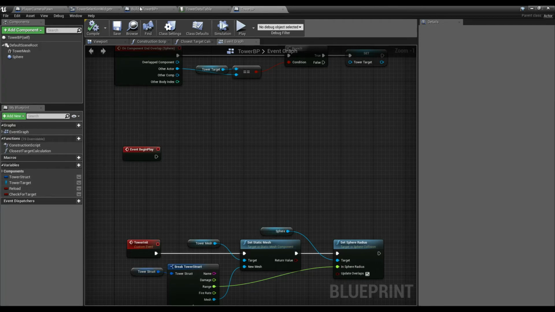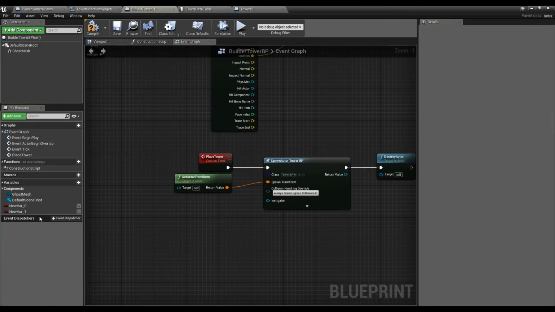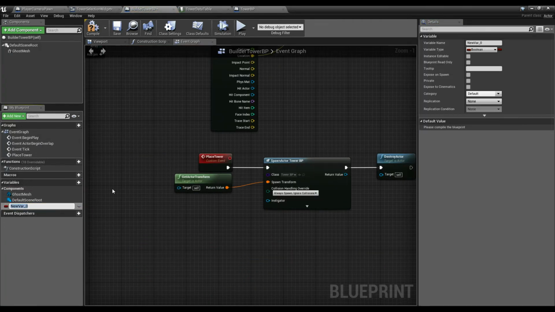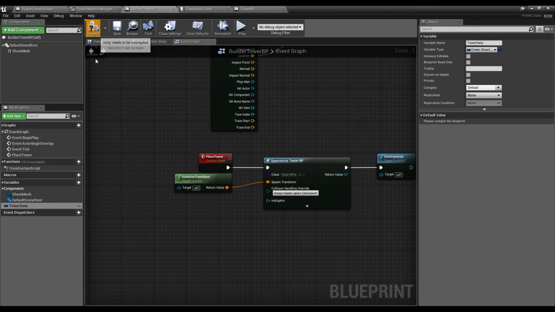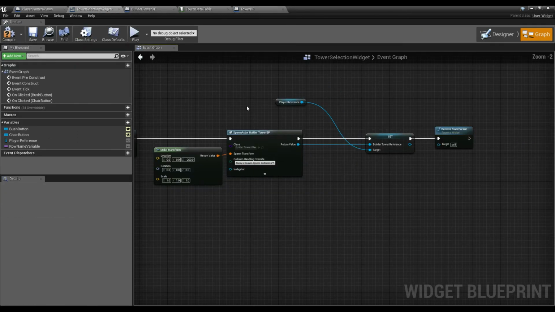We called this our tower struct. Let's call it something very simple. Let's call it our tower data. We'll just call it that. And let's change this to be our tower struct. So now, with our tower data variable made, if we go back inside of our widget, when we spawn our